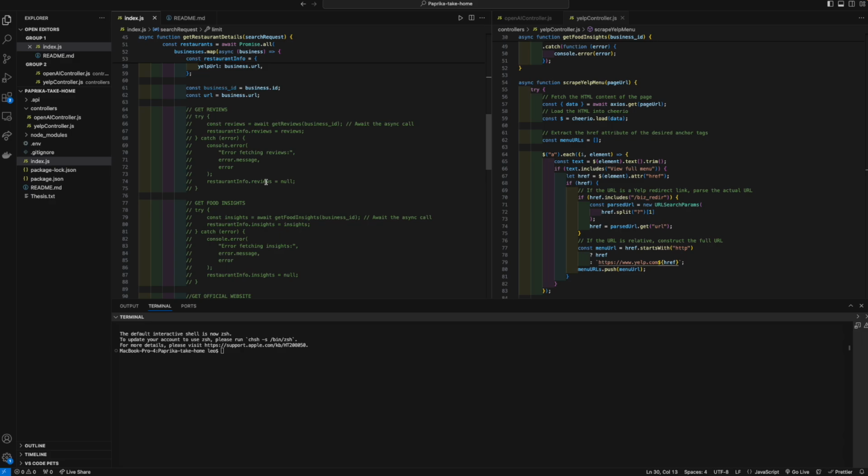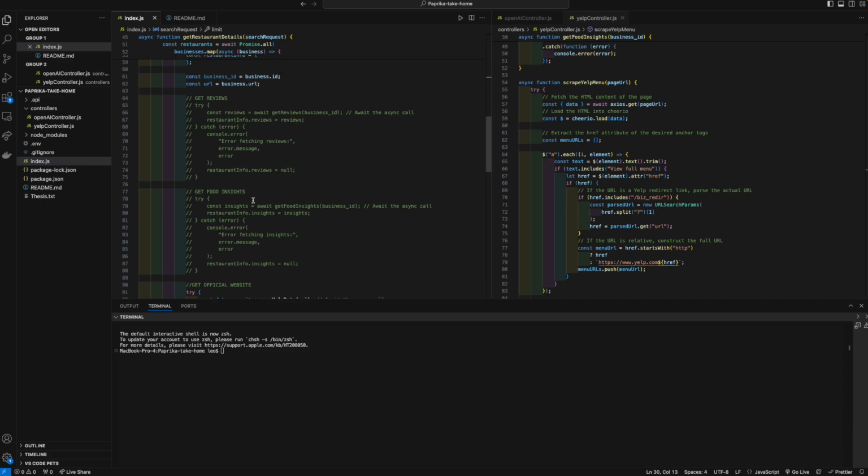Given this piece of information we have to work with, I decided to then use two more endpoints on the Yelp Fusion API, which are get reviews and get food insights. Why this is commented out, I will explain. Get reviews is pretty straightforward. It'll return the reviews on the restaurant, and food insights will return food, beverage, and ingredient information that the restaurant uses, which is actually very, very important for what we're doing. However, both of these endpoints are protected in the sense that you need a higher subscription tier,